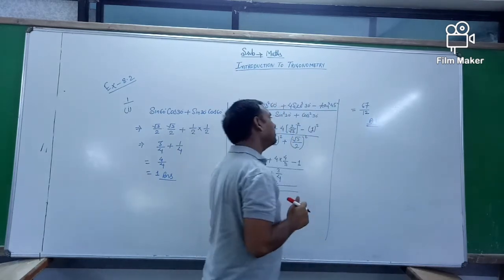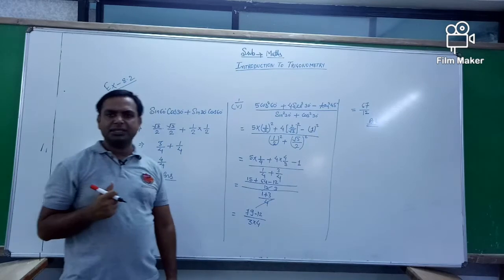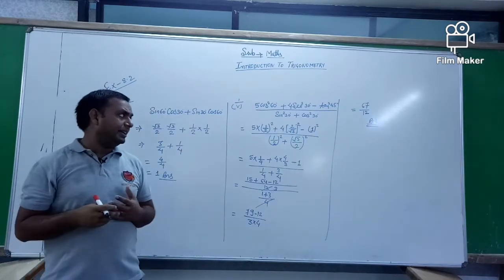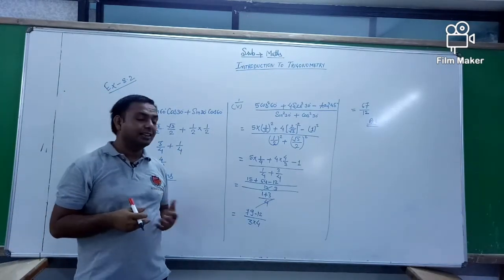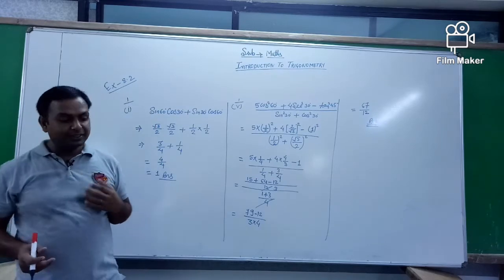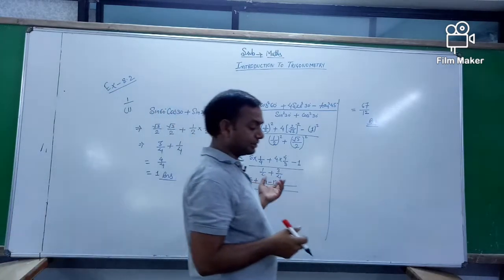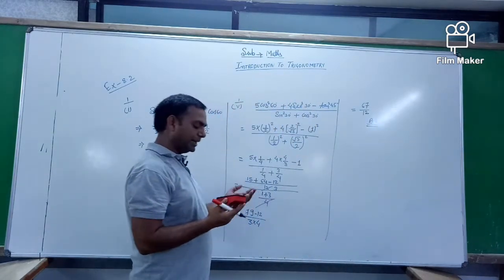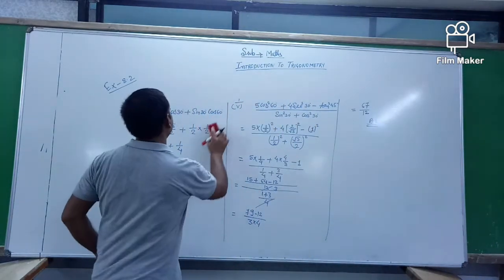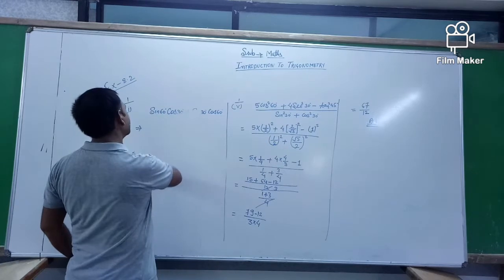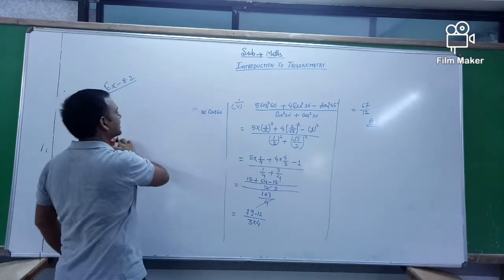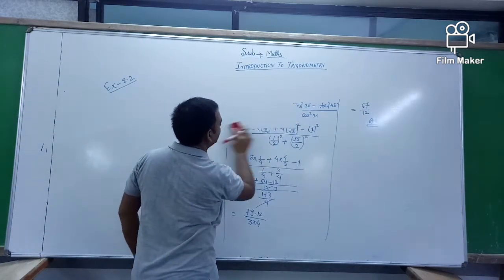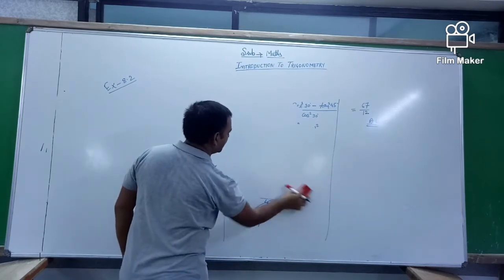Okay. So if you put in all the values of different trigonometric angles, then you can find the solution of the equations. Okay. I think all of you understand. So we solve the next question. In the next question, question number 2, some questions are also given and we solve those questions.